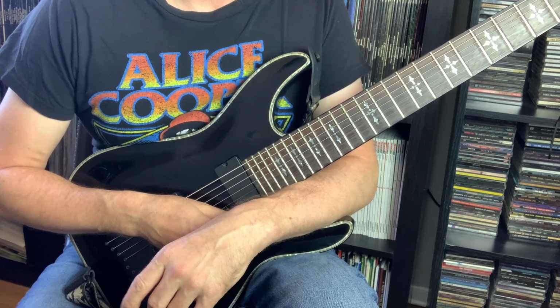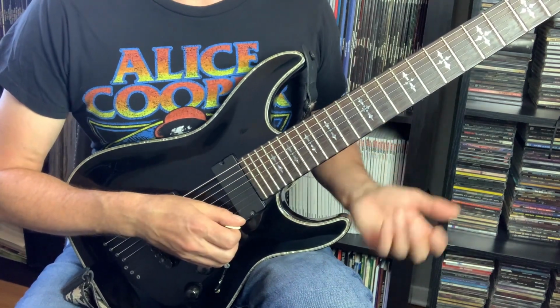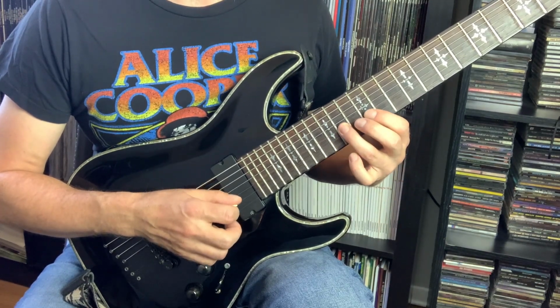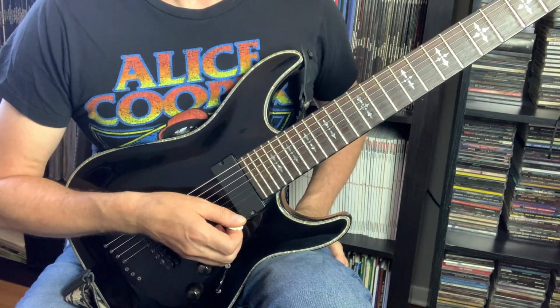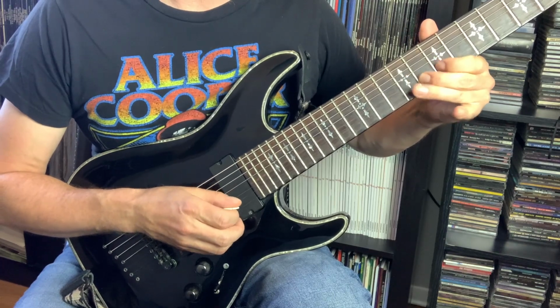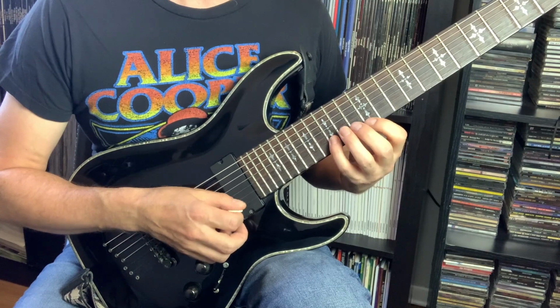I'll give an example. The very first lick of the solo you just heard, believe it or not, was just a minor pentatonic scale descending. But when you play it this way, you would never know it. It really doesn't sound as basic as...